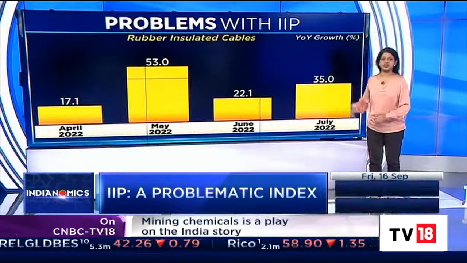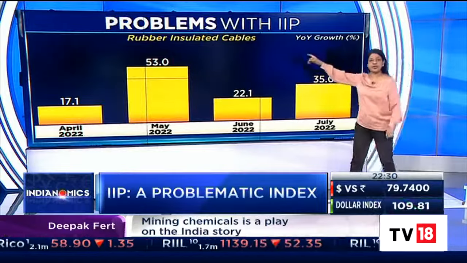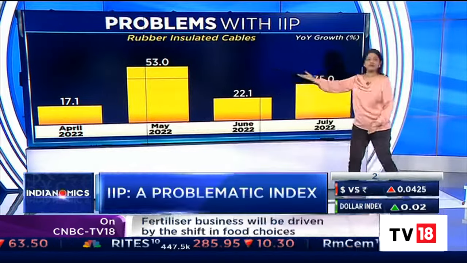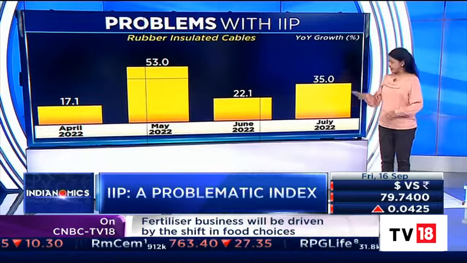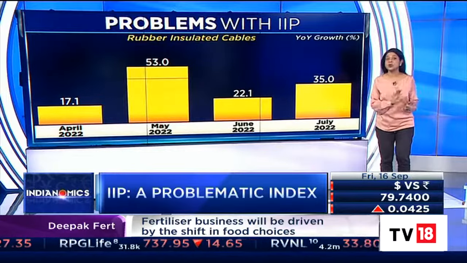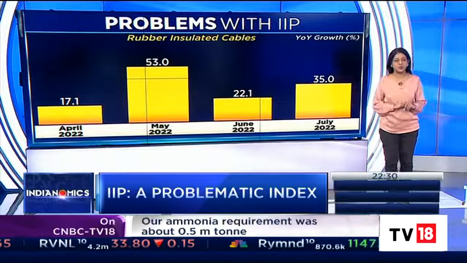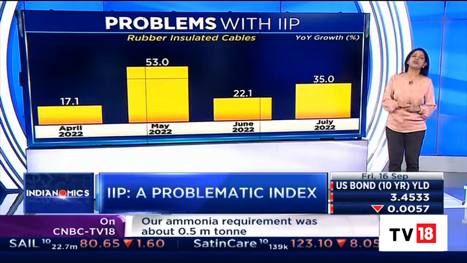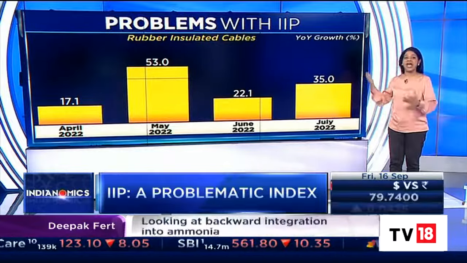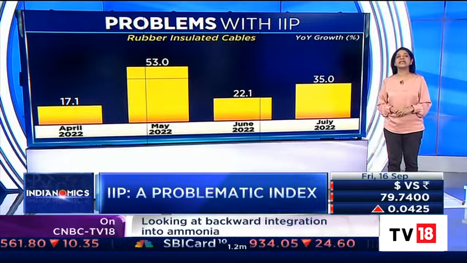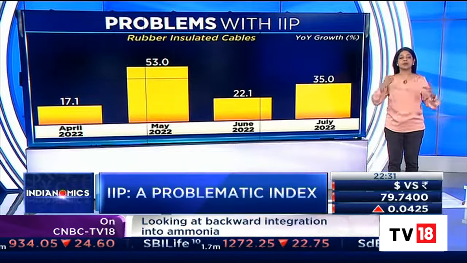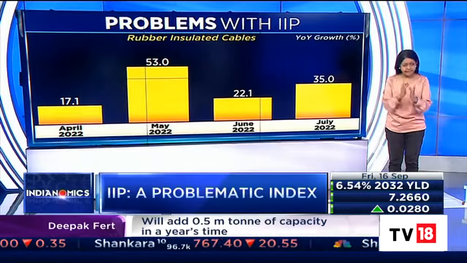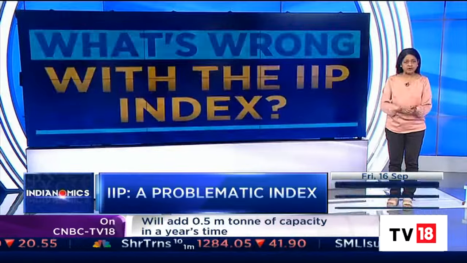Let me take closer to time, not 2015. If you take 2022, an item, rubber insulated cables, is showing growth at 53 and 35%. Of course, the saving grace is it has not moved the IIP much because it has very little weight. But the question continues to arise: how can year-on-year output swing so much, as 35 and 53% in the case of cables and 1,000% in the case of digestive enzymes? Is the sample too small? Is the collection not regular?